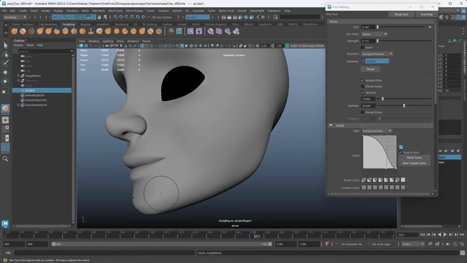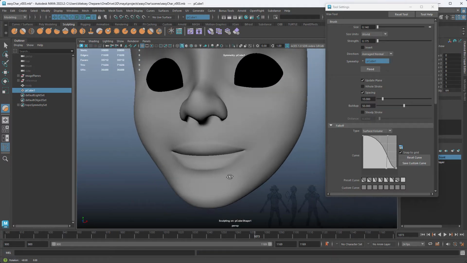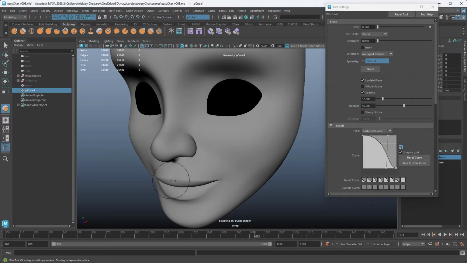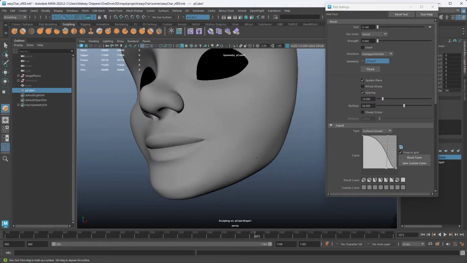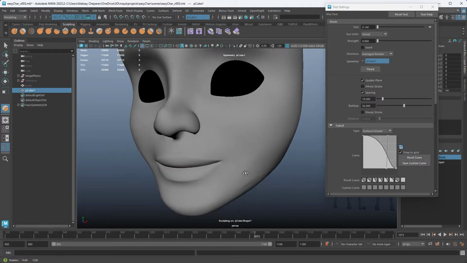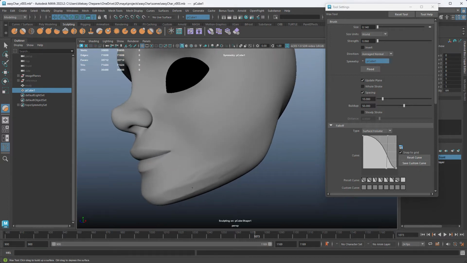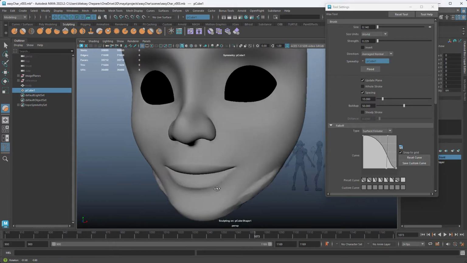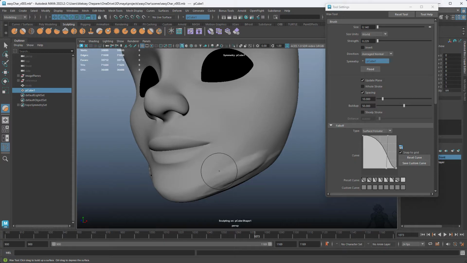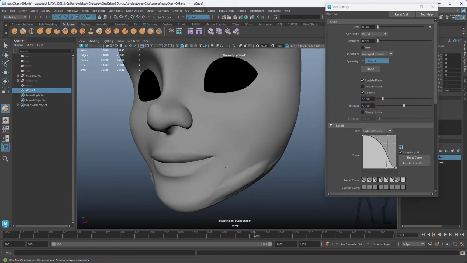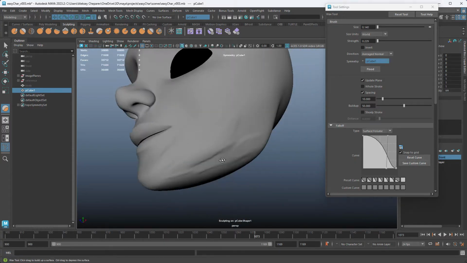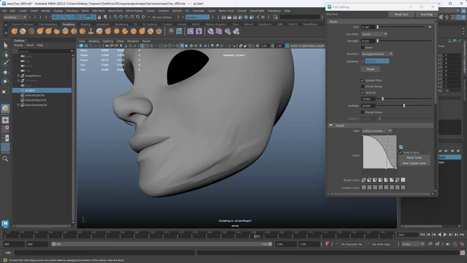Now I'm going to use the Zenlabs pen, and what I need to do is right here, you see we have this cavity. For me, it's kind of hard to get that fixed with just moving vertices. But if I sculpt, I can easily do that. So I need a little more strength. So add that in. And the thing is, we don't have to be very clean with what we're doing here, because it doesn't have to be smooth or anything, and I'll show you why.